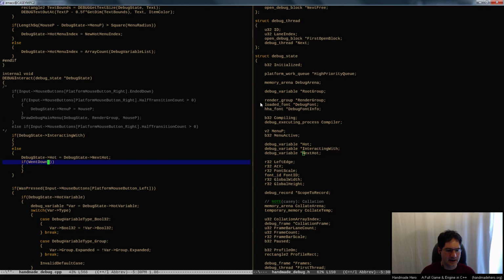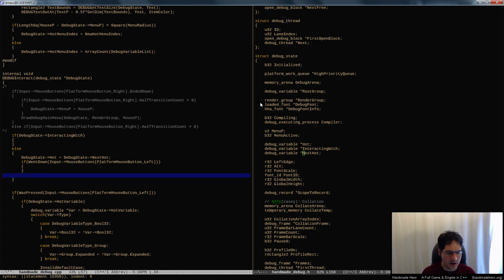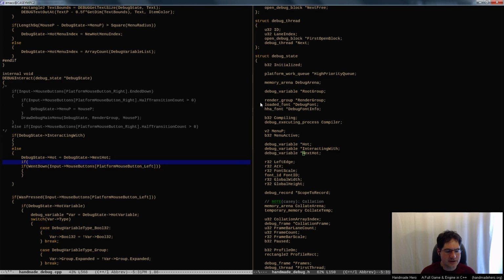And I'm going to say, if the button went down on this frame, then I would like to start interacting with this thing. Otherwise, and I guess what I could do too here is say, I kind of want to test a couple different things. So maybe I should do this a little bit more explicitly because I'd like to know a couple things. So I could say something like, if